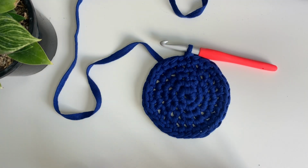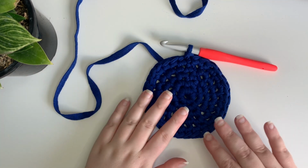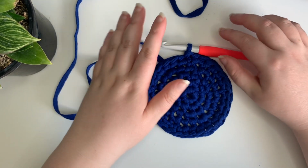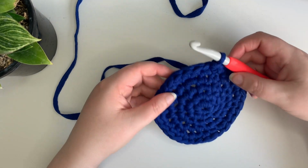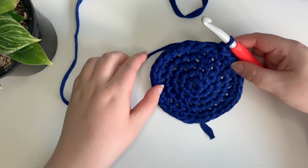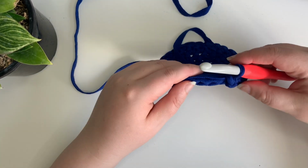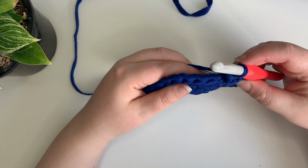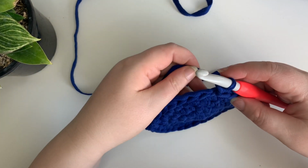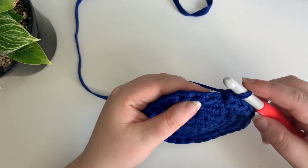Okay, now that we've finished our base and that fits the pot plant, what we're going to now do is work up the wall or the side of your pot plant cover / sleeve. So we're going to chain 1. Now this side will be the bottom, so when you look into it, that will be the inside. And we're just going to turn it towards us so that we can start working into the V's along the side of it. And all we're going to do is do a single crochet into the back loop of that V. So just into here,